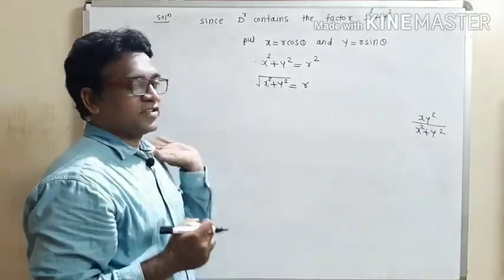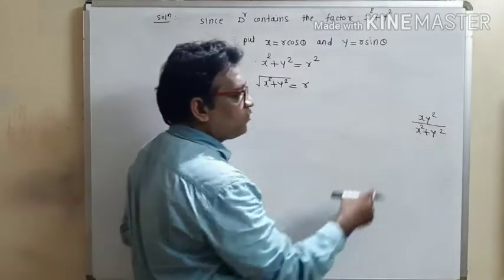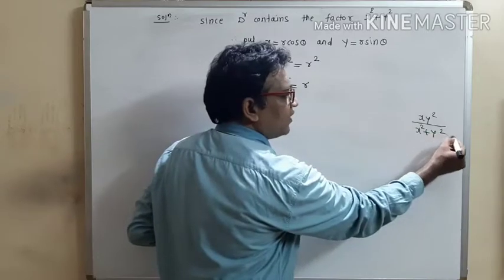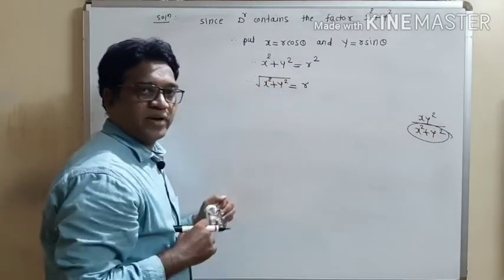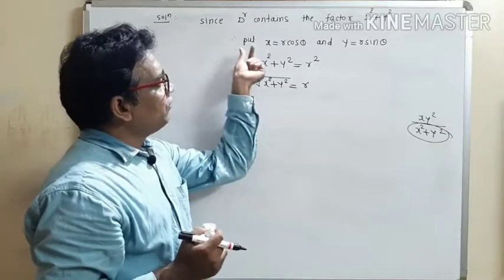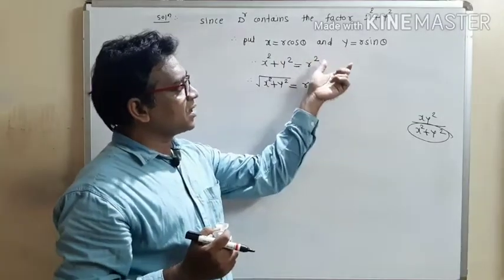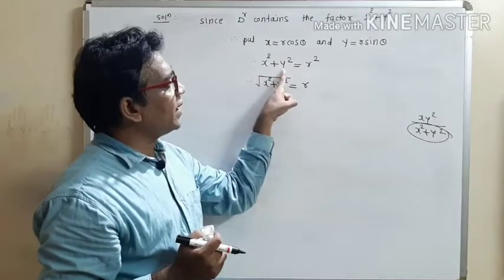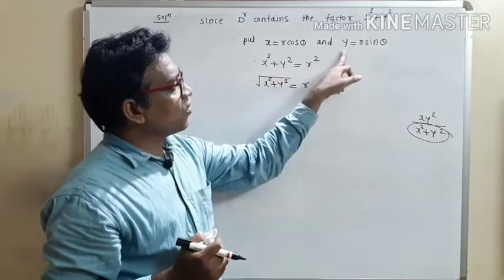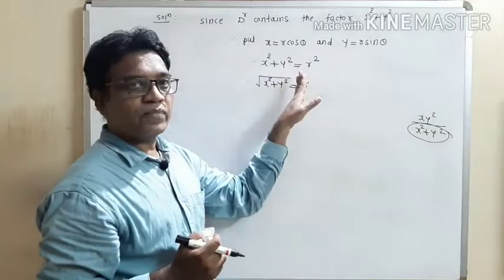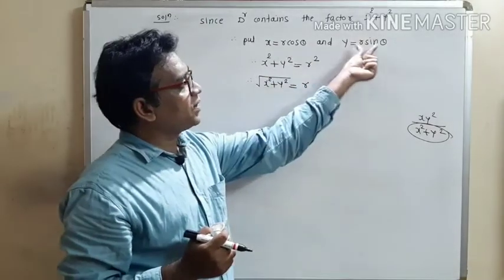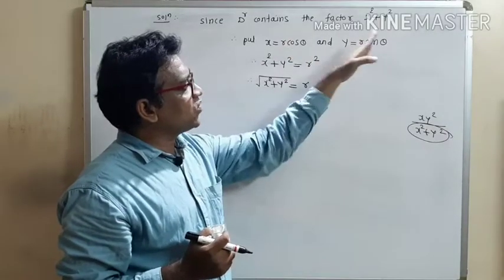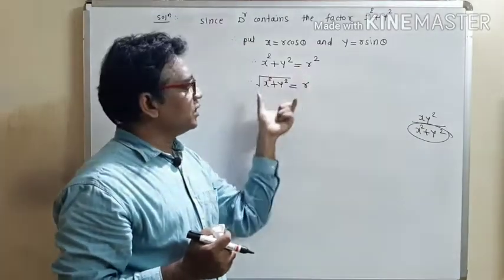So see what is the first step. First of all, observe the given function. If the function involves such a term x square plus y square, then what is the substitution? We have to put x equal to r cos theta, y equal to r sin theta. What is the next step? Squaring and adding: x square, square of this term it is y square, take their addition. R square cos square theta plus r square sin square theta, take out r square common, into bracket cos square theta plus sin square theta it is 1. Now take the square root.